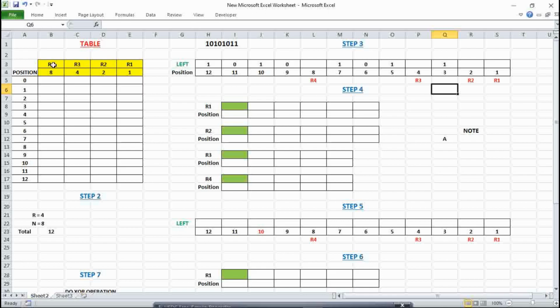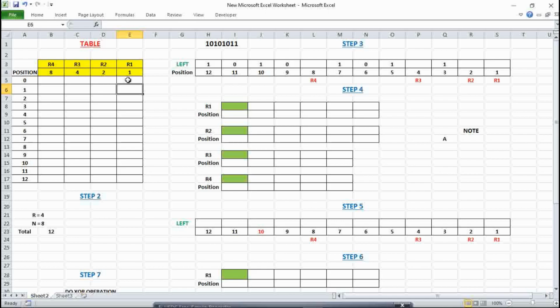Now look, the R4 value is 8, the R3 value is 4, the R2 value is 2 and the R1 value is 1. These are the positions 8 4 2 1. It is already written here. So now you will fill this column in a column-wise manner. Okay, now come to this R1. You will fill this column in this manner, starting from 0,